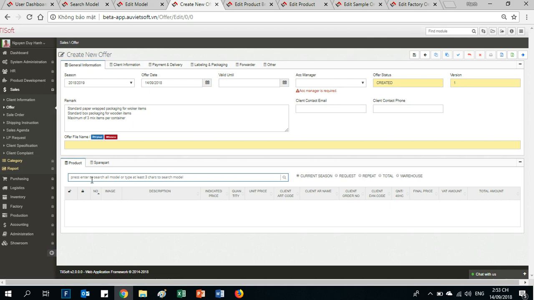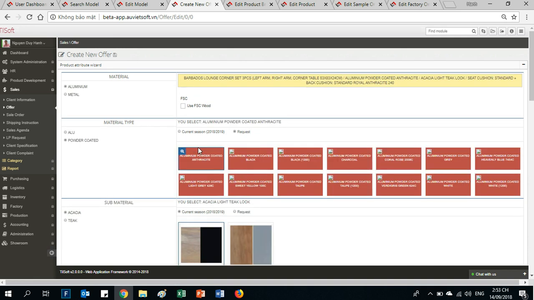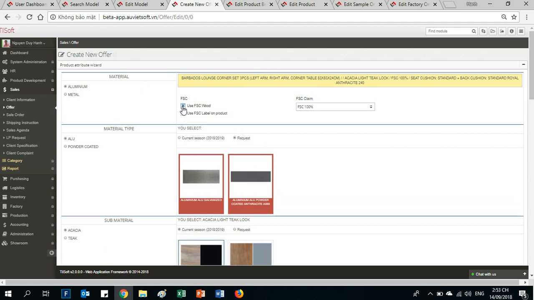For example, I will create an offer for model FA03. You can see that when I input FA03, TILSOFT will show the detailed information of the order here, and I will click on the select button to create an offer for this model. This is the wizard that can help you to select the product attributes. First, we will choose the material here, and you can select the FSC, UFSC, or just your FSC level here,